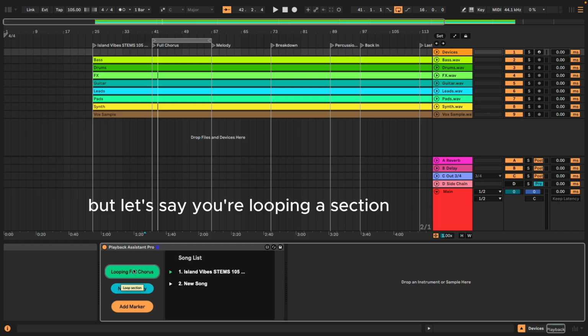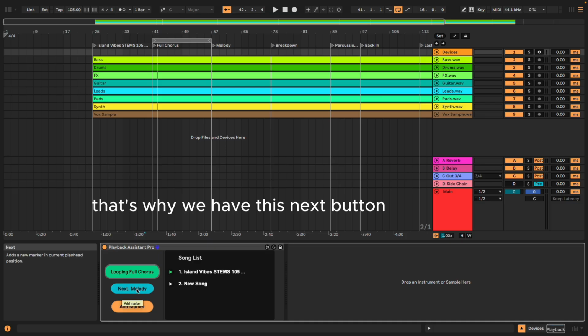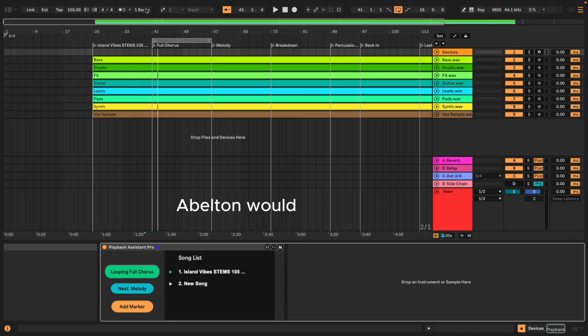But let's say you're looping a section and you're ready to move on to the next part. That's why we have this next button, because it allows you to go to the next marker and it syncs to your quantize settings in Ableton. So the same way Ableton would count out the rest of the measure before it moves on, it does the same thing. For example, if I'm in this section and I'm looping, and then say somebody signals the next section,